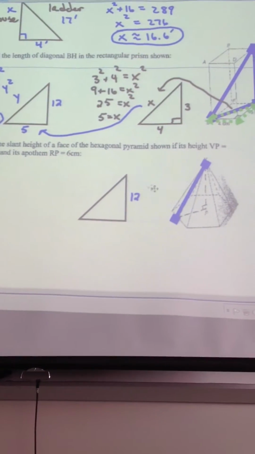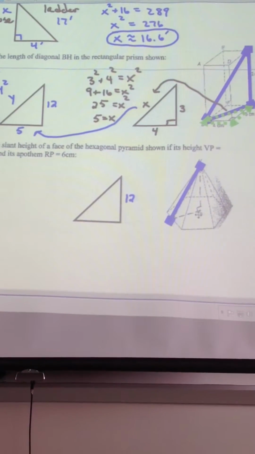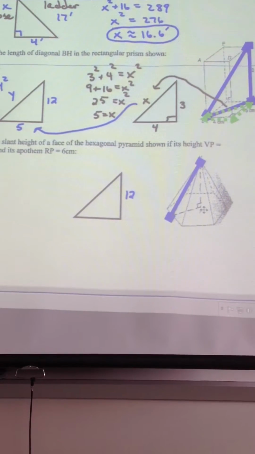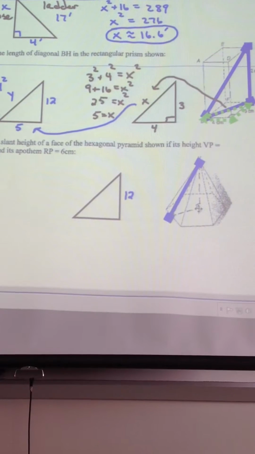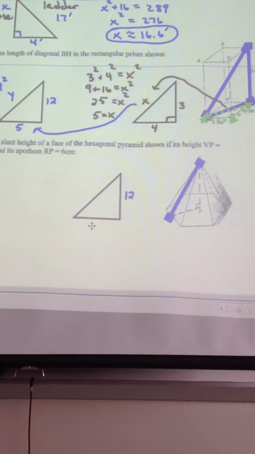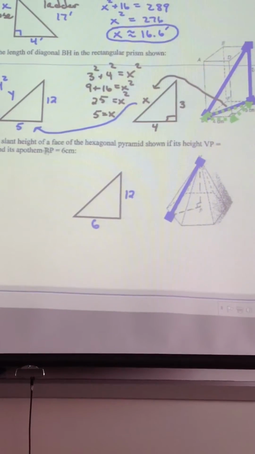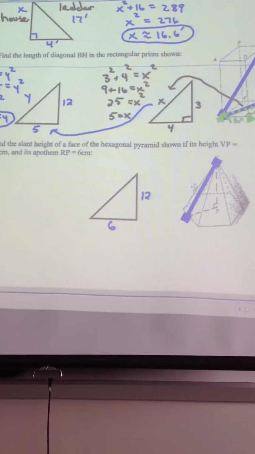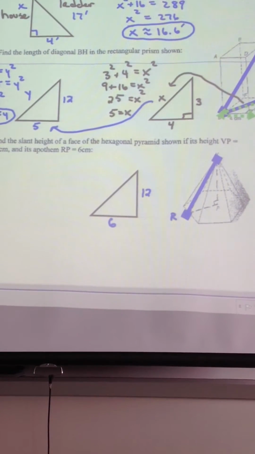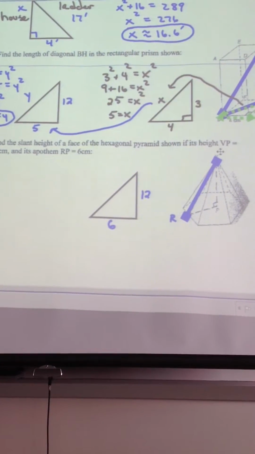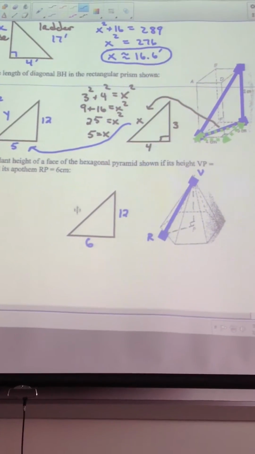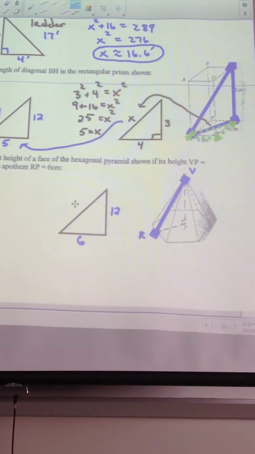Now, just trust me for now. The apothem, no clue where that name came from. Maybe you can Google it. That is the name for the segment that goes from the middle of the base over to the middle of a side of a three-dimensional figure. So anyway, I've told you that it goes from R over to P. So you can clearly see on your picture that it's going right here from point R over to point P. That has a length of 6, and you are supposed to be finding the slant height, which would be